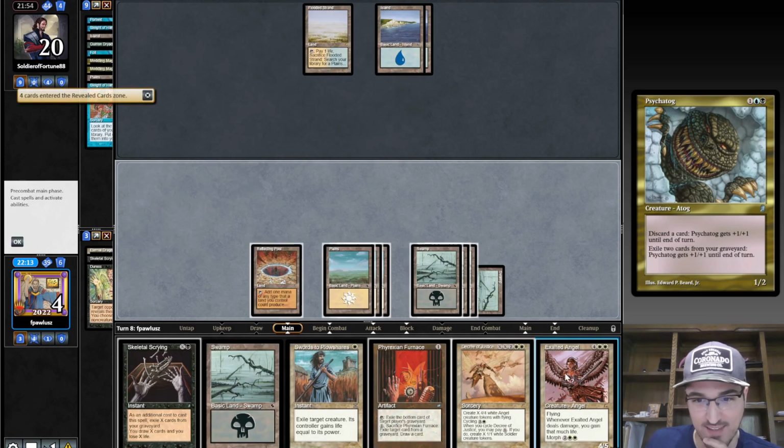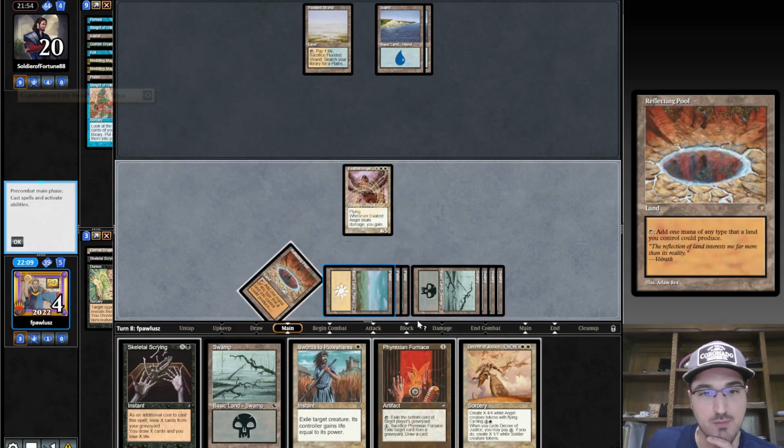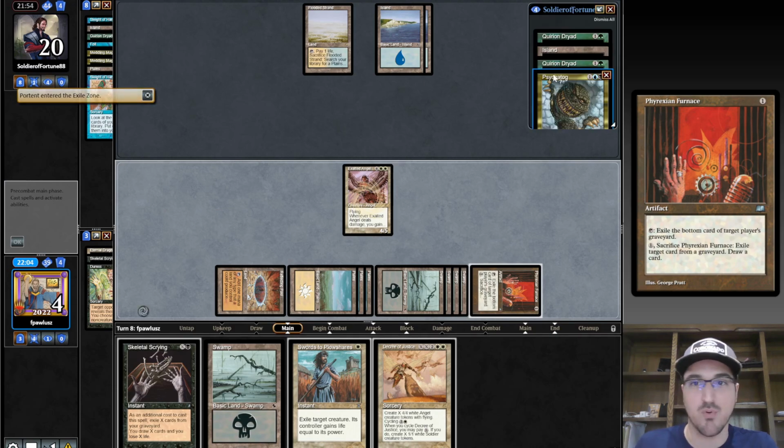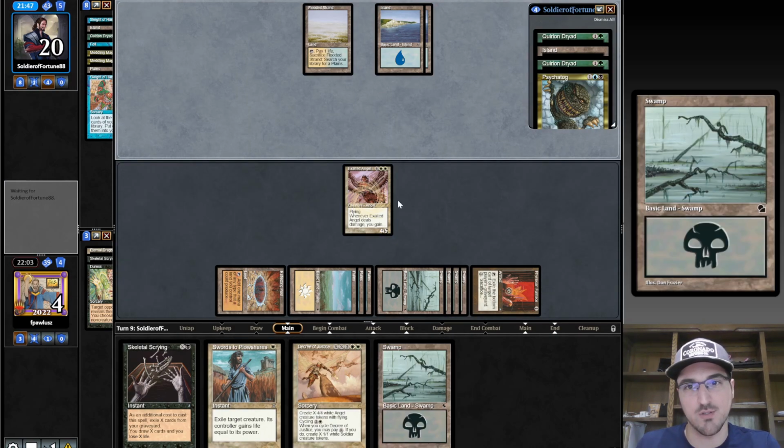You'll love to see that. Yeah, I'm just going to play out this Exalted Angel and the Pyrex Furnace. I'm going to activate it right now. I mean, that's the price of playing such a bad mana base, right? This Exalted Angel is going to make quick work of his life total while giving me a nice little buffer